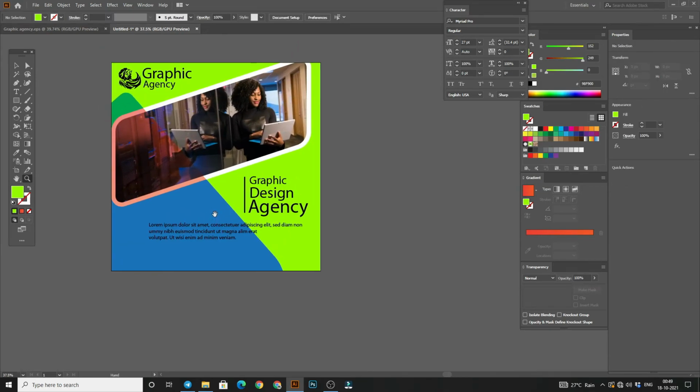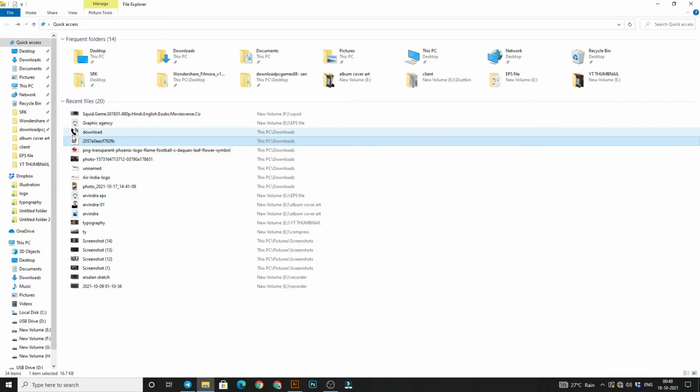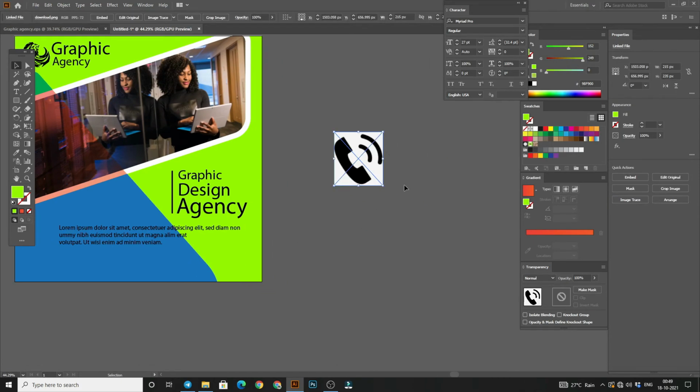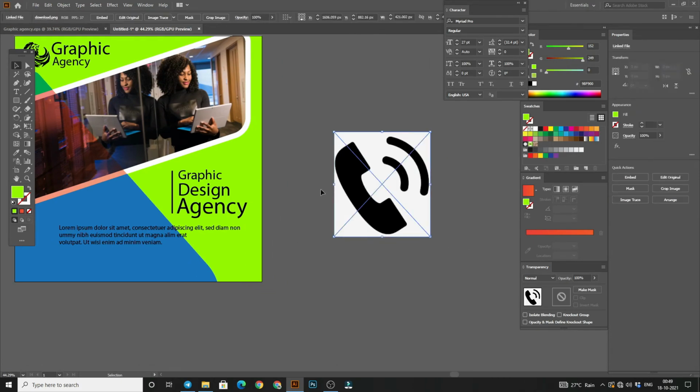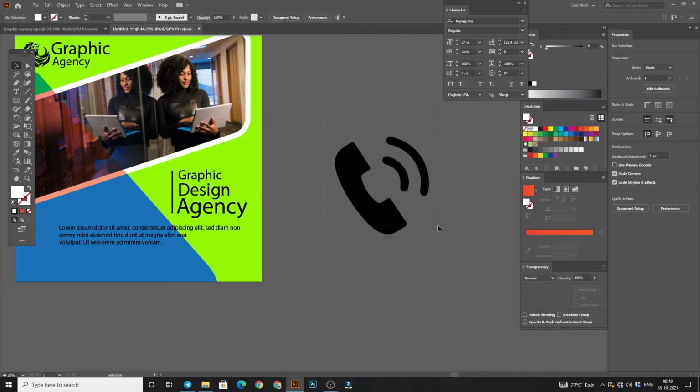And guys, this is our banner, and if you want to add some kind of informative thing, like a phone call icon, then there is no issue, we can add it. Just select it and make it expand: image trace, expand and ungroup. Now delete that and group it.